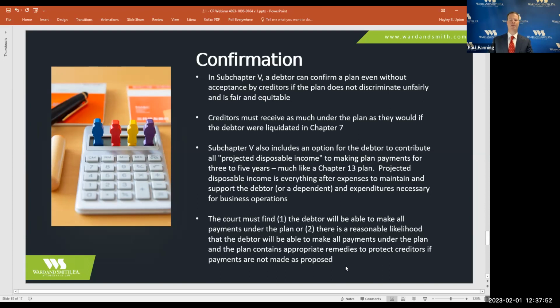So we talked a little bit about the consensual. There are 2 types: a consensual plan and a non-consensual or a contested plan. And we talked a little bit about if there's a consensual plan, the debtor gets a discharge on confirmation up front. That's a pretty powerful tool for the debtor. If it's a contested plan scenario, then there's no discharge until all plan payments have been completed.